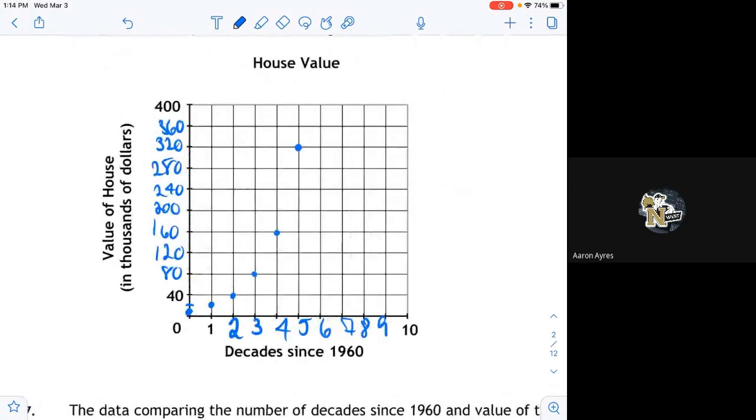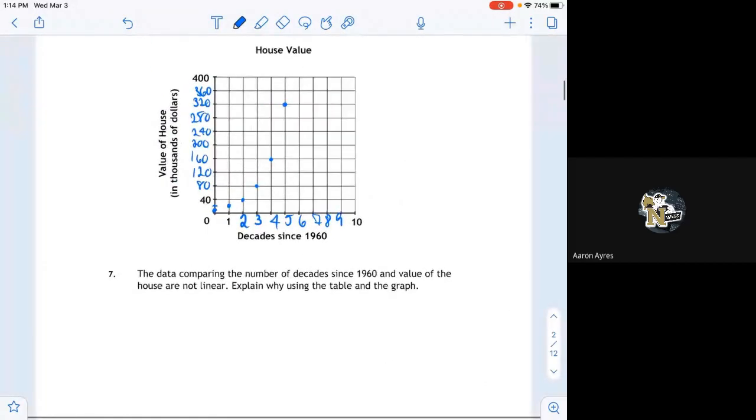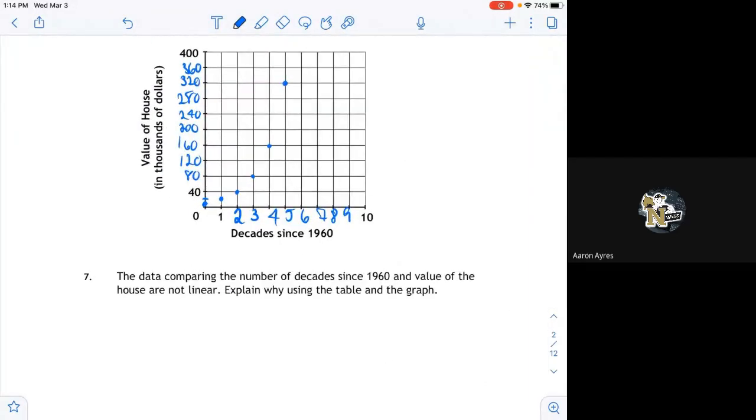Okay. My question here is number 7, that you can't see up there, but I'm going to shrink this down a little bit so we can see it, all right? Should you have expected a straight line for this graph? Okay. Why not? Talk about it with your group mates for 30 seconds. Because it isn't increasing.